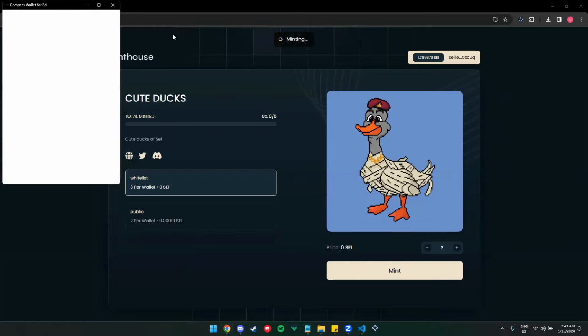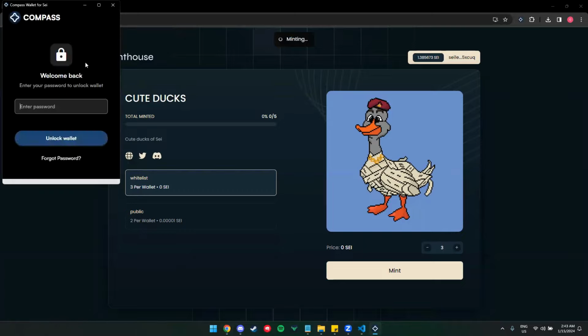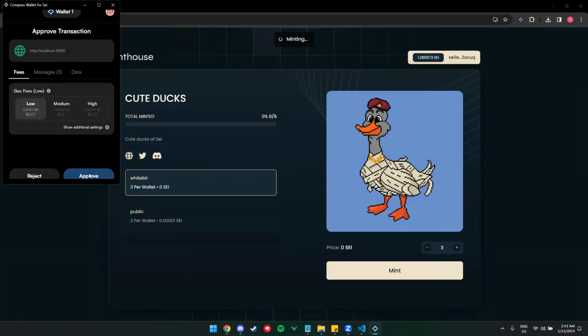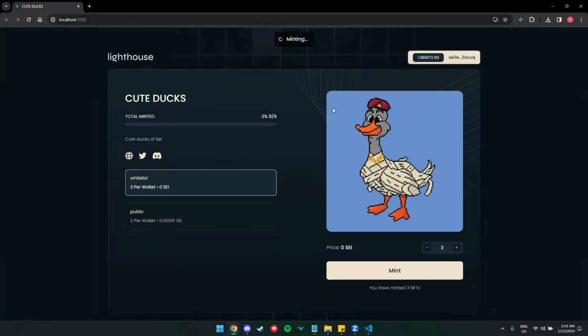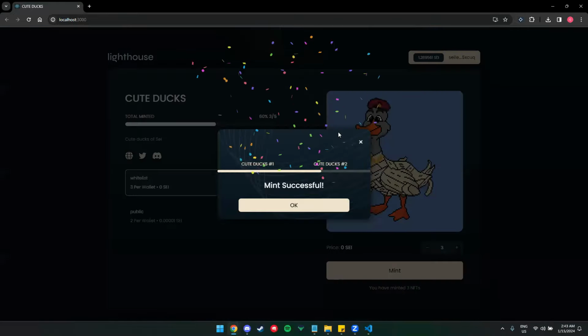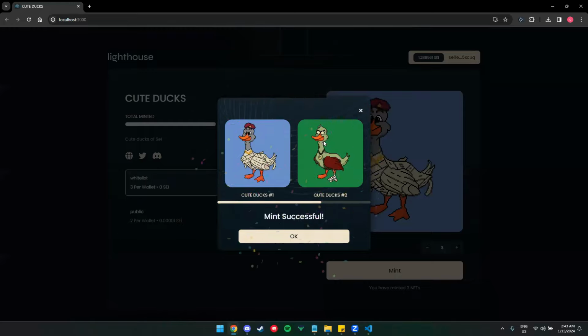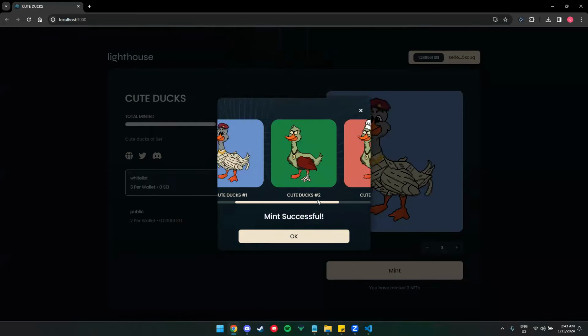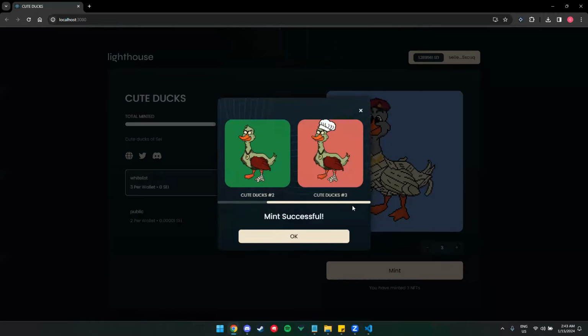Minting. Okay, approve. Success. So I have the ducks already. Oh, 3 ducks here. We minted 3 NFTs.